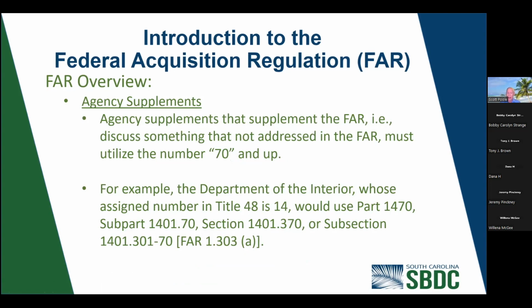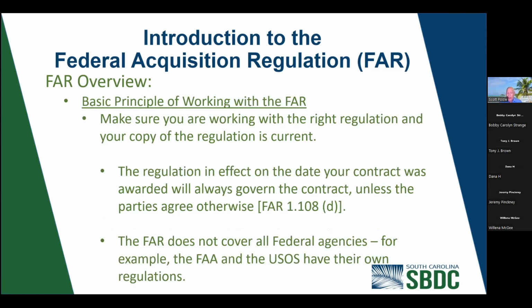For example, the Department of the Interior, their assigned number in Title 48 is 14. So they would use 14, part 1470. Their subpart would be 1401.70, section 1401.370, or subsection as 1401.301.70. And this is all referenced in the FAR 1.303-A. So when you're looking at the basic principle of working with the FAR, you want to make sure that